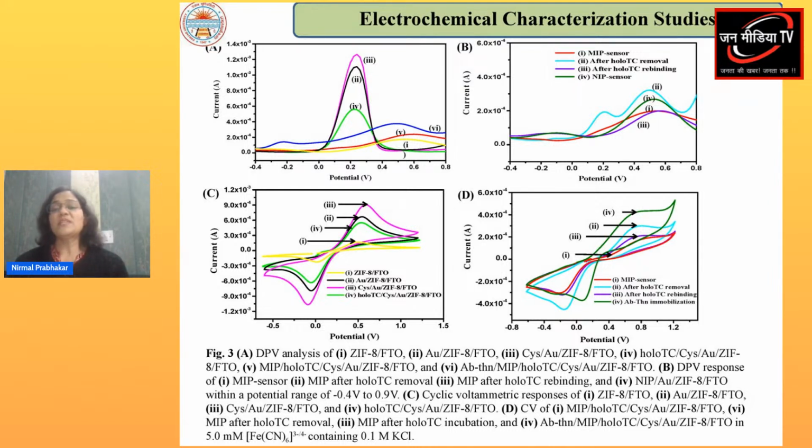When holo TC was rebound, there was a further decrease in the peak. So the MIP sensor's peak after holo TC rebinding is the same as before. And this is the NIP sensor, which is basically the non-imprinted sensor. Here holo TC is not present, and the rest of the steps are the same. So these are DPV graphs, and the below graphs C and D are the CV graphs of the same electrodes, and these results are in sync with